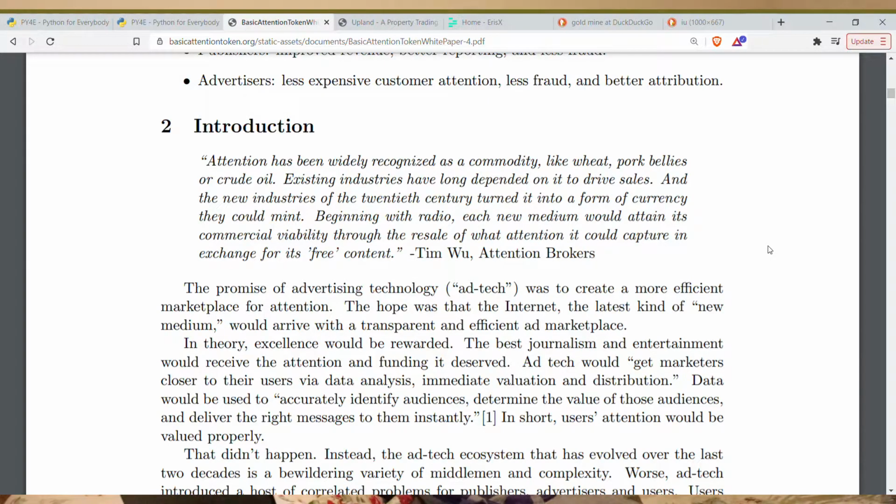And there's a whole ecosystem of how you can get your advertisements in front of people, and there's middlemen and all this stuff that's not great, and the publisher doesn't get compensated fully. The user doesn't get compensated for their attention, you could say. And even the advertiser themselves has to jump through certain hoops because of the middlemen.